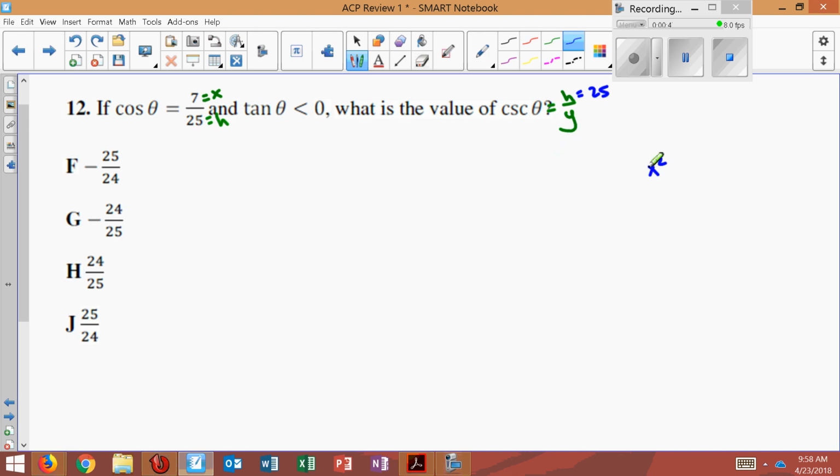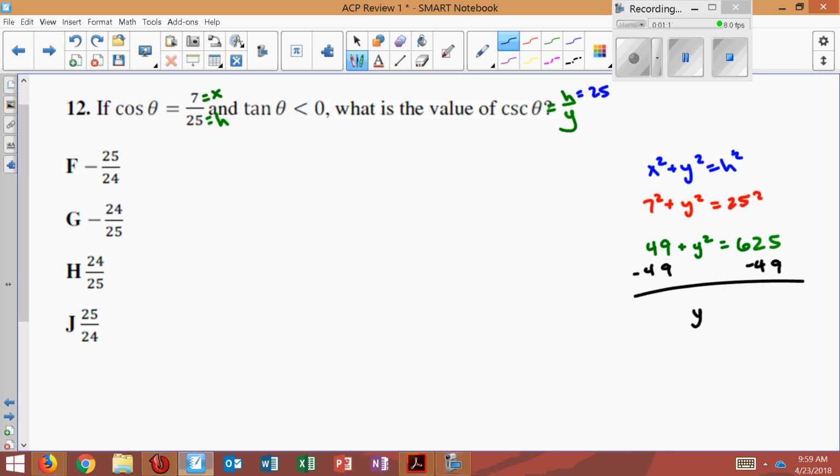Now, remember, there's a relationship that x squared plus y squared equals our hypotenuse squared. It's the Pythagorean Theorem. So if I plug 7 in for x, and if I take 25 and plug that in for h, I should be able to solve this really quickly for y. 7 squared is 49, and 25 squared is 625. When I subtract 49, I should get 576 here. So y squared equals 576, or we could say that y equals plus or minus the square root of 576,